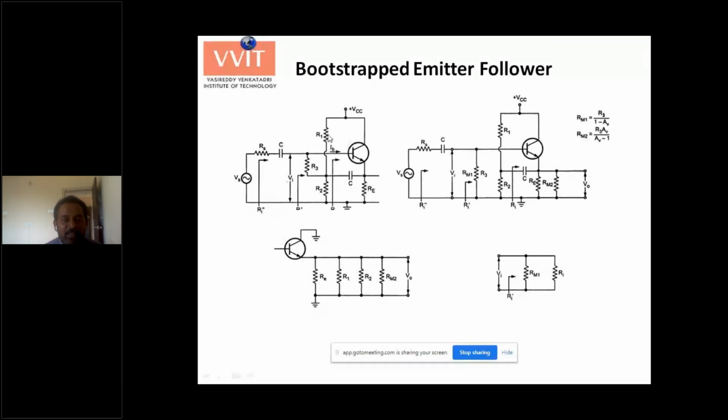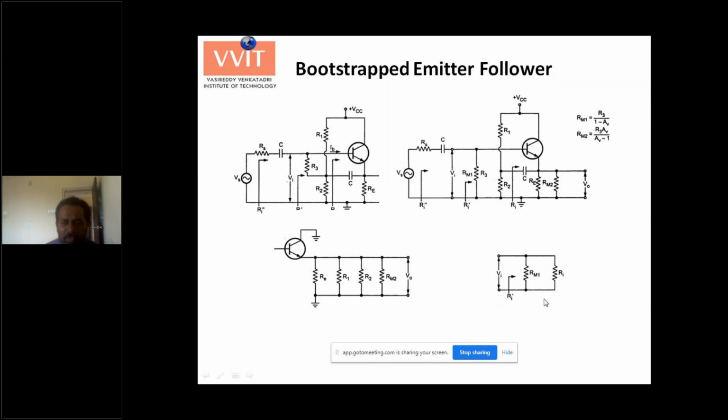So when the signal is applied, R1 and R2 will not affect the input side. On the input side, you will have Ri in parallel with this large resistance Rm1. What is Rm1? The Miller equivalent of R3. So it would also be quite large. It almost acts like an open circuit, because if you apply Miller's theorem, you get 1 by 1 minus AV. AV for a CC amplifier is approximately 1, so 1 minus 1 becomes nearly 0. This becomes almost open circuited.